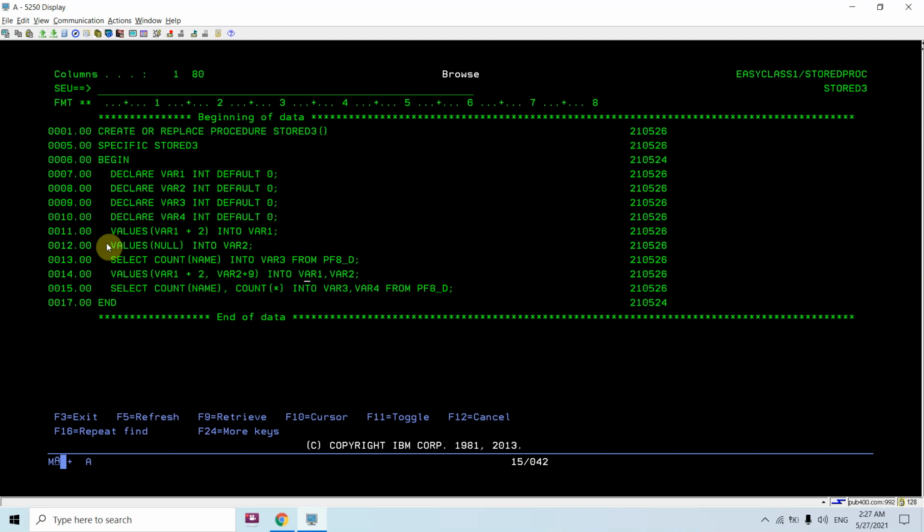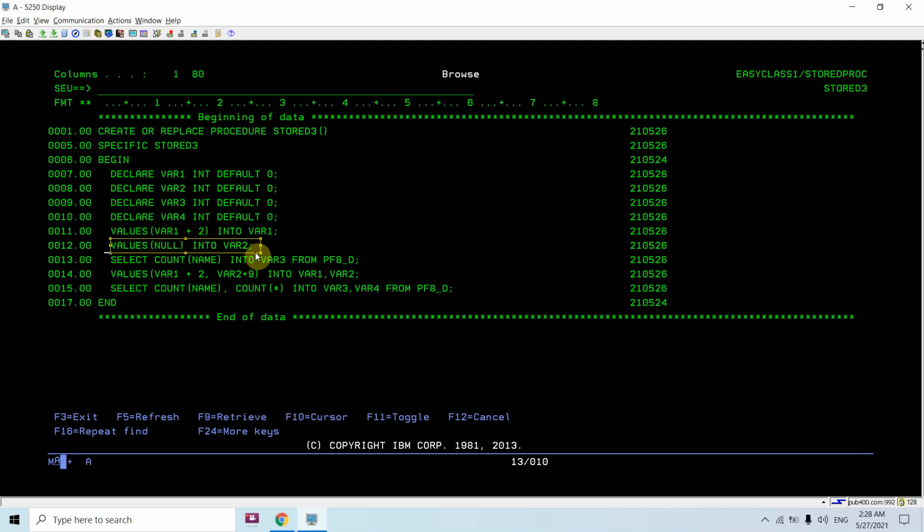Now you can see I am using the VALUES clause to get the value of var1 plus 2 into the variable var1. Var1 is initially 0, so 0 plus 2 is 2, and after execution of this SQL statement var1 becomes 2.